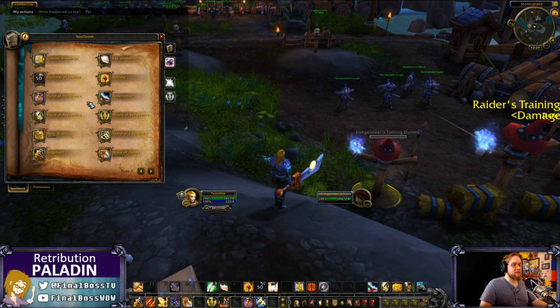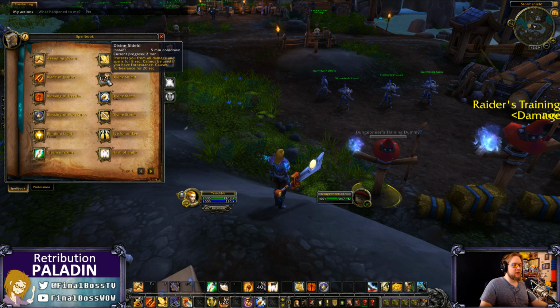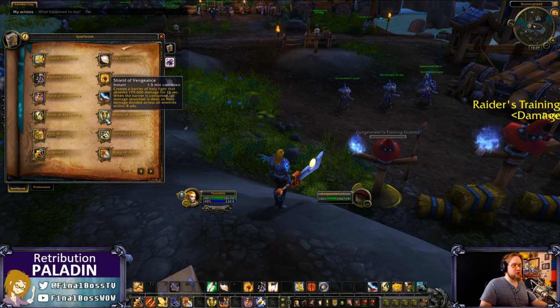So I think a lot of the hoot and hollering is a little bit unnecessary. Additionally, you have Shield of Vengeance now. This is new. The only weird thing that's also in there for Prot, not so Prot, but Prot has other major tools. But for Ret, Divine Protection's gone. You have Divine Shield, but now your only other source of damage reduction is Shield of Vengeance, which